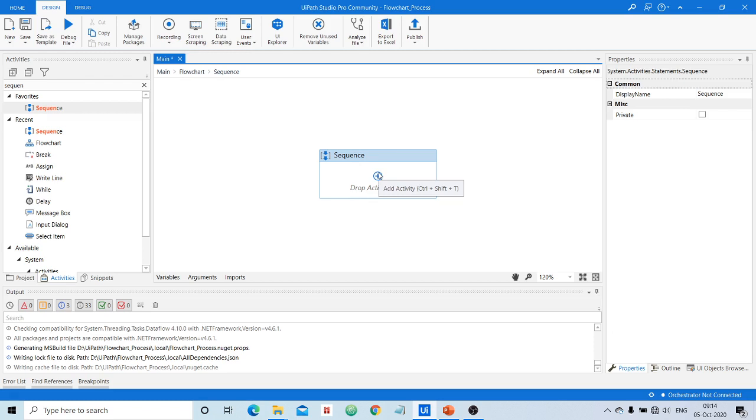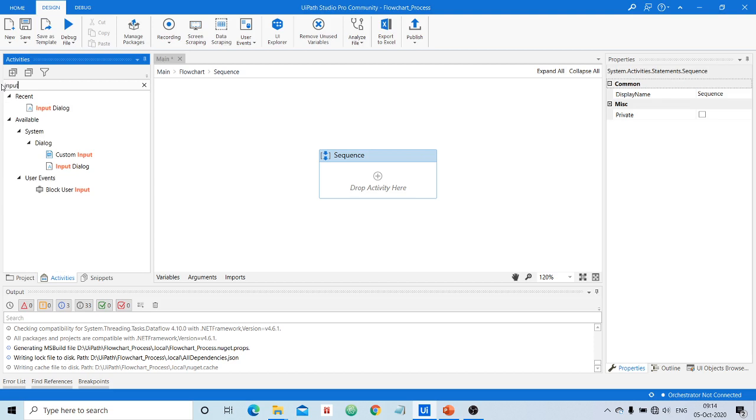Now we shall do this exercise. So far we have not created a robot which takes input from the user, but we have seen a robot which displays output in the output panel or in the message box. So this is the first example. Listen carefully, where I am providing an input to the robot. To do that we have to use an activity called input dialog box. Drag it and drop it over here.